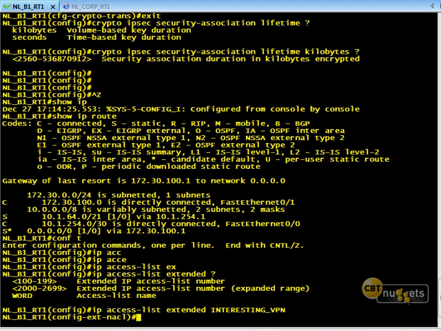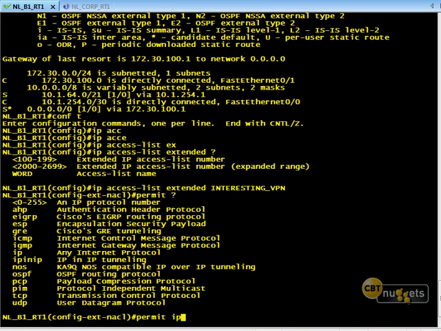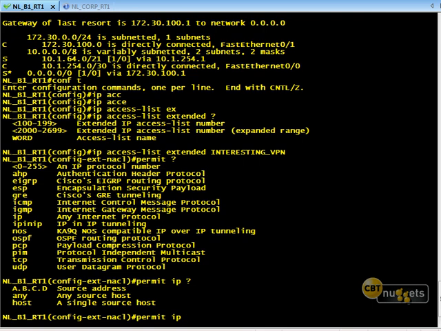Hit the enter key. I'm now in named access list config mode, so I need to tell the router what traffic is allowed or permitted to cross and be encrypted over the VPN. So I'm going to say permit IP, meaning every protocol. Remember, we type in what protocol we want. I'm going to say IP. From the source, and that's where I'm going to use that route I had up here,